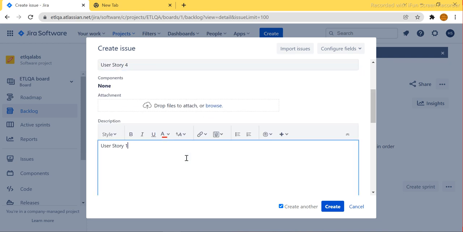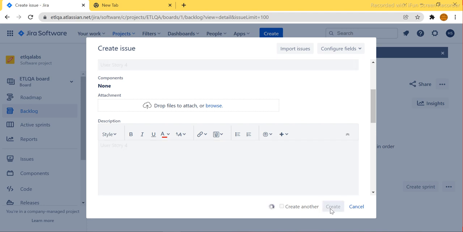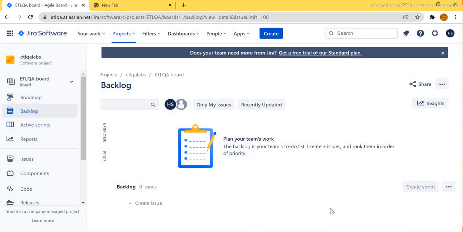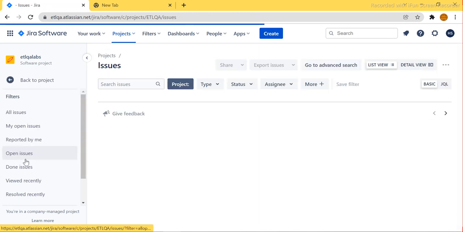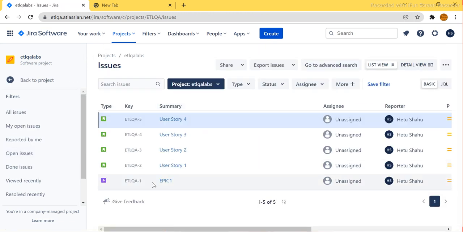Okay, this is 4. Okay guys, so we are able to, okay, I will just create it now. This will be done now. Right now we are able to create 4 user stories as well. So if we want to see it, we can go to issues and we can see it, guys. See, here is one epic, and there are 4 user stories that we have created, and this is the key,